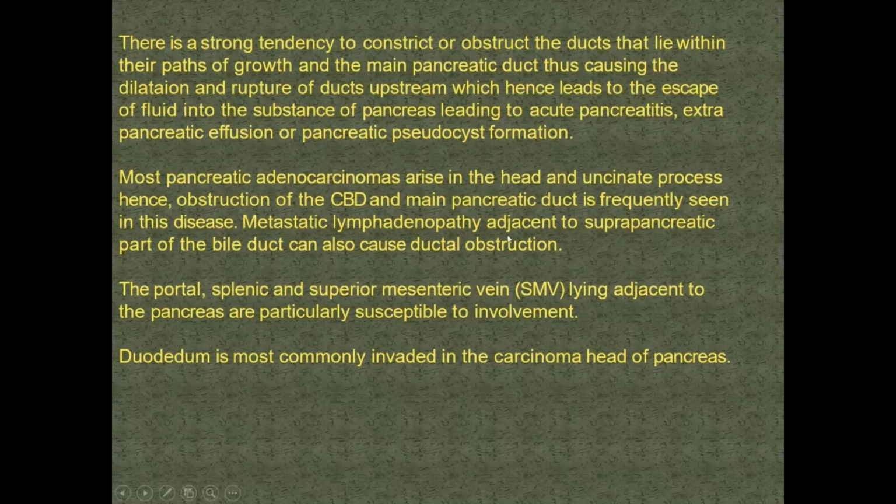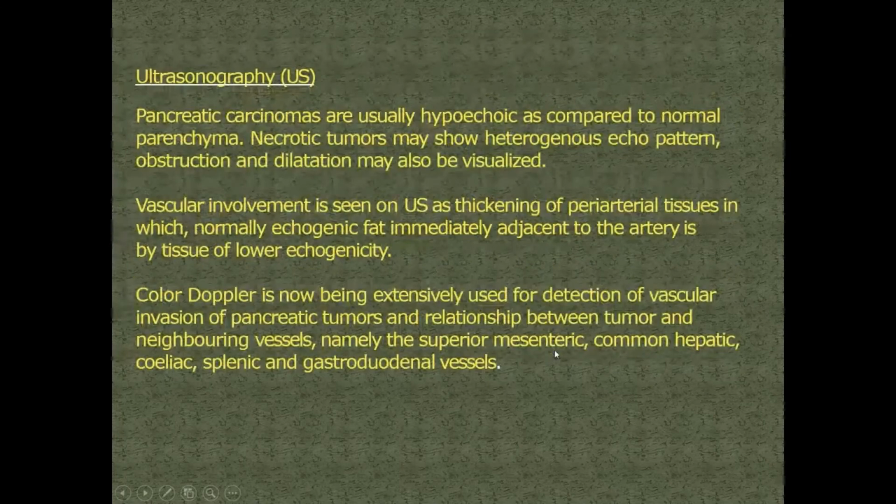Metastatic lymphadenopathy also can contribute to the ductal obstruction. The main thing is to assess the surrounding vascular structures like the portal vein, splenic and superior mesenteric vein, and arteries. The duodenum is the most commonly invaded locally by carcinoma of the head of the pancreas. On ultrasonography, they are usually hypoechoic as compared to the normal, and if they are necrotic, they will have heterogeneous echotexture. Color Doppler has a very important role to